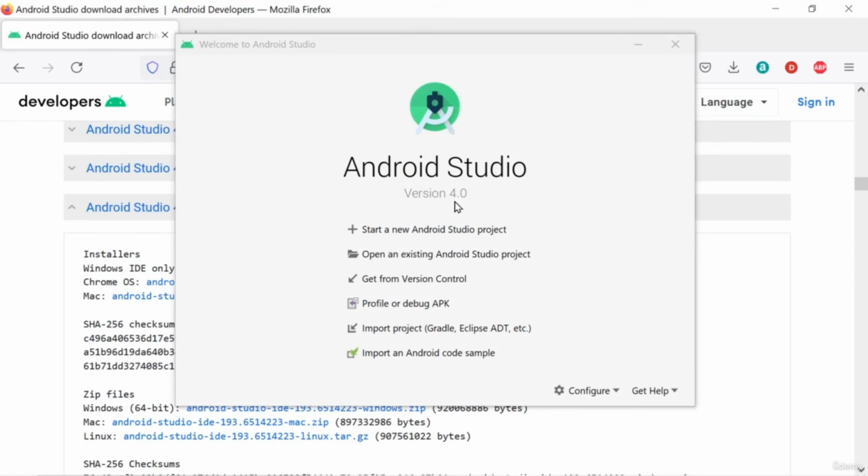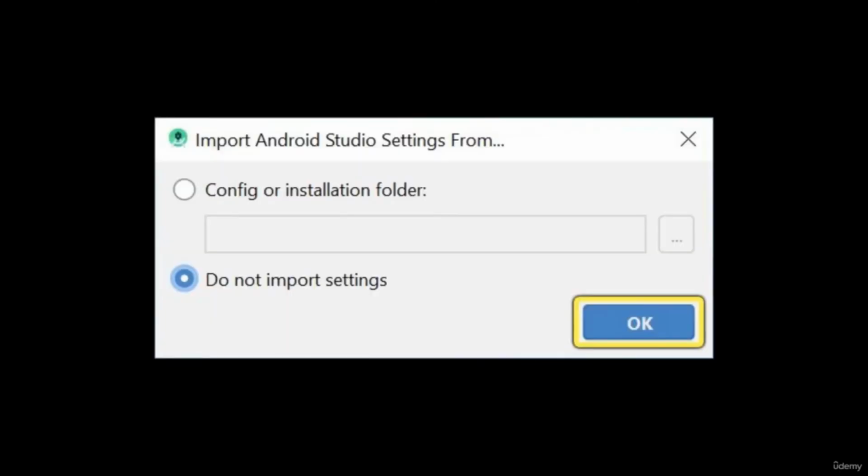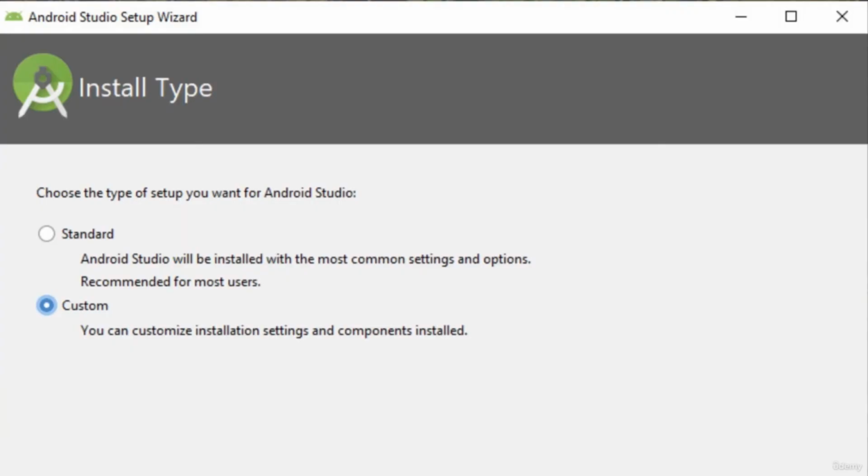Okay, now when we first install Android Studio, we have to configure it. If you've never had Android Studio before, then you will have to configure the Android Studio settings. Make sure you don't import the Android Studio settings from anywhere. And make sure that you specifically install the correct version of Android Studio, that you don't install any